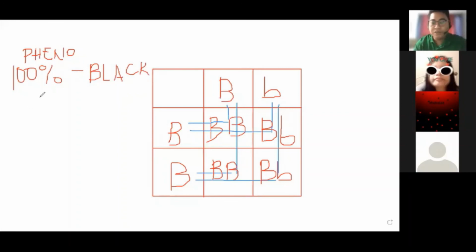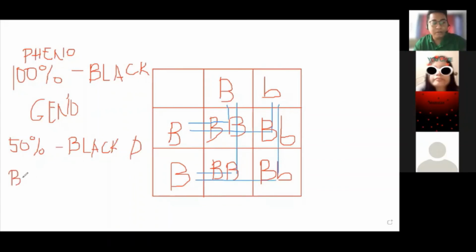But if we are going to be using the geno, meron tayong 50% ng black dominant, and then 50% na hetero black.